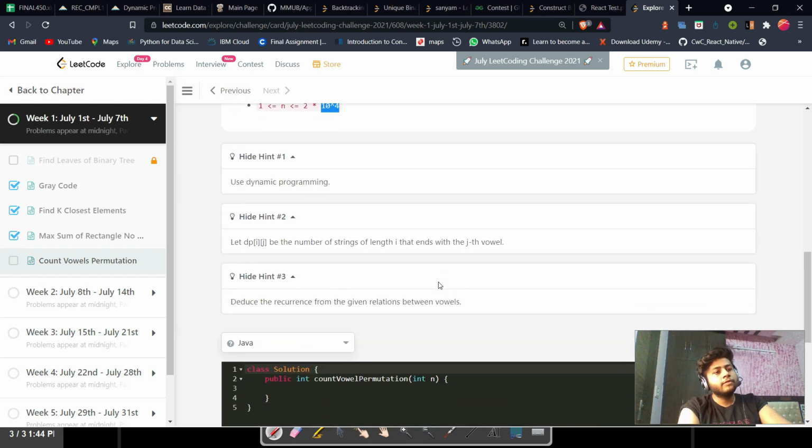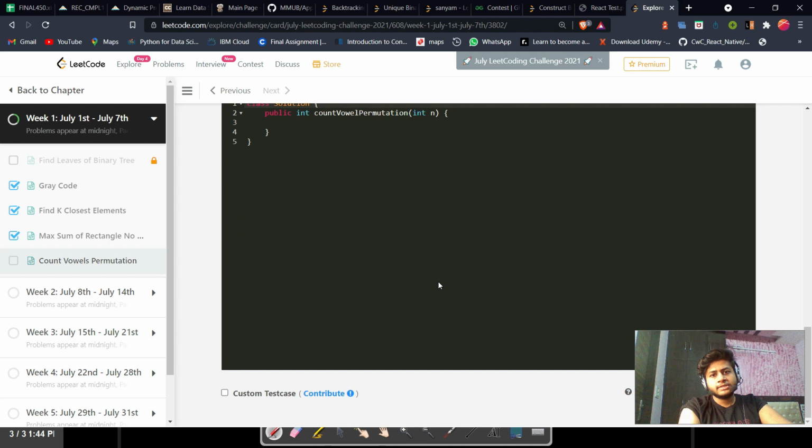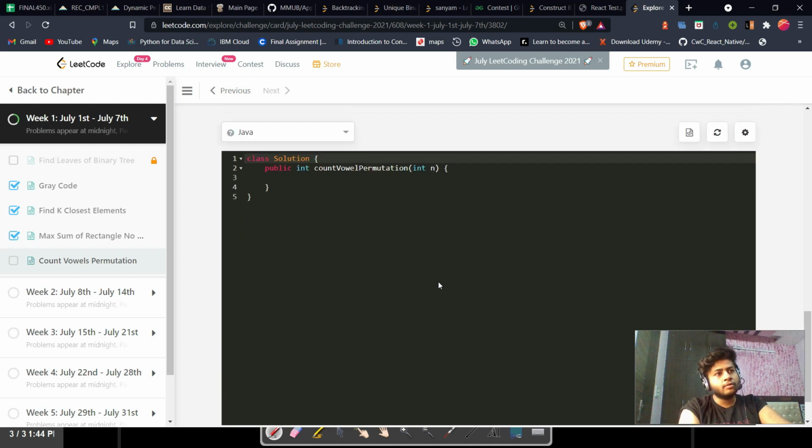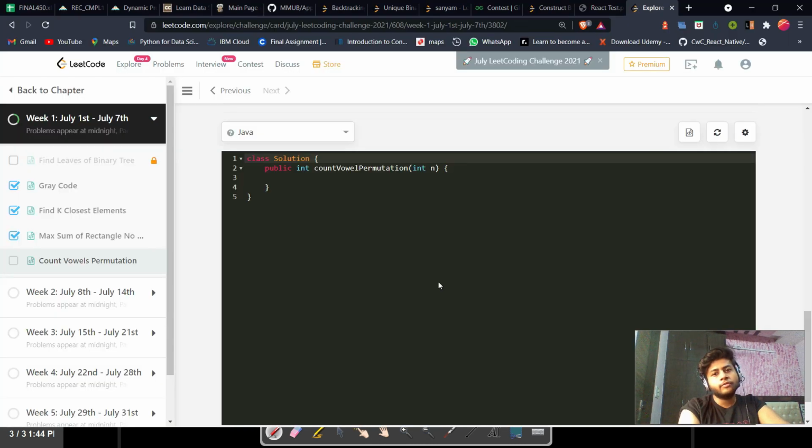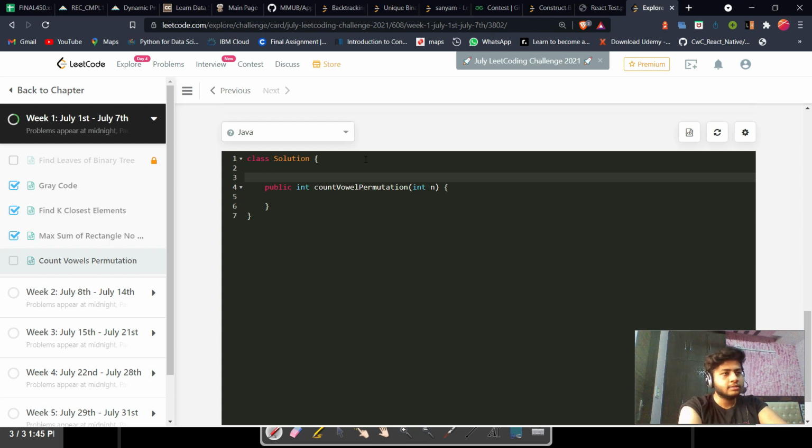So we will do it like this. First, start with the coding. If you are not able to understand the approach, there is no big issue. After I write some code, you will easily be able to understand. Okay, so let me try to write some permutation code which can help to solve our answer.